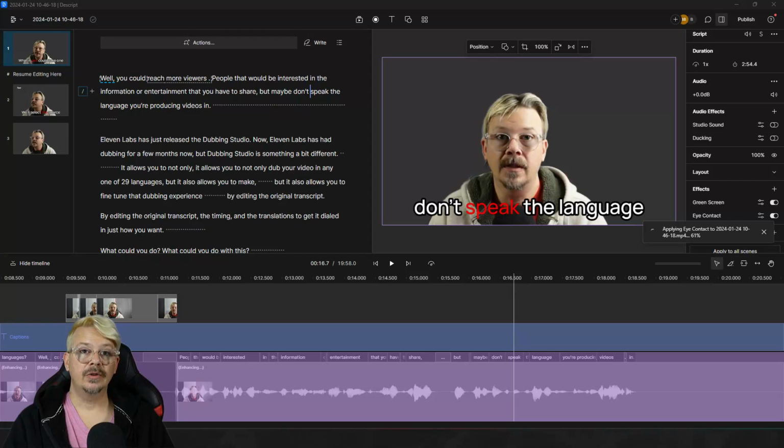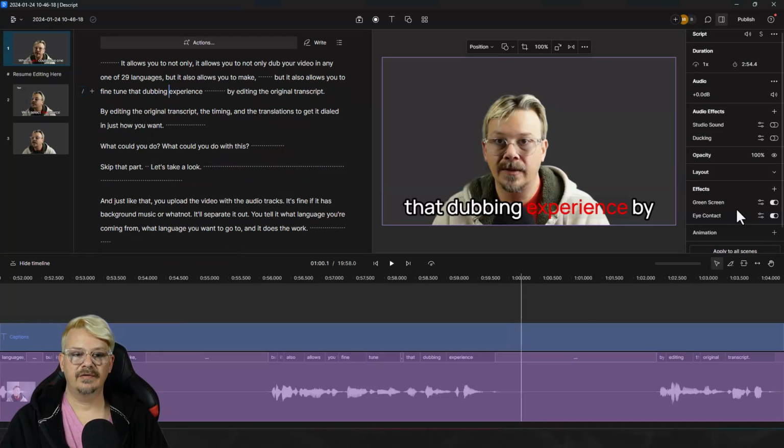One thing I found when trying to apply these AI effects, particularly the eye contact effect, is don't touch anything in the project while it's working. Don't make any other edits. You've just got to let it sit there and do its thing. If you fiddle with things while it's working, you're almost guaranteed that it's going to ultimately fail, at least in my experience.